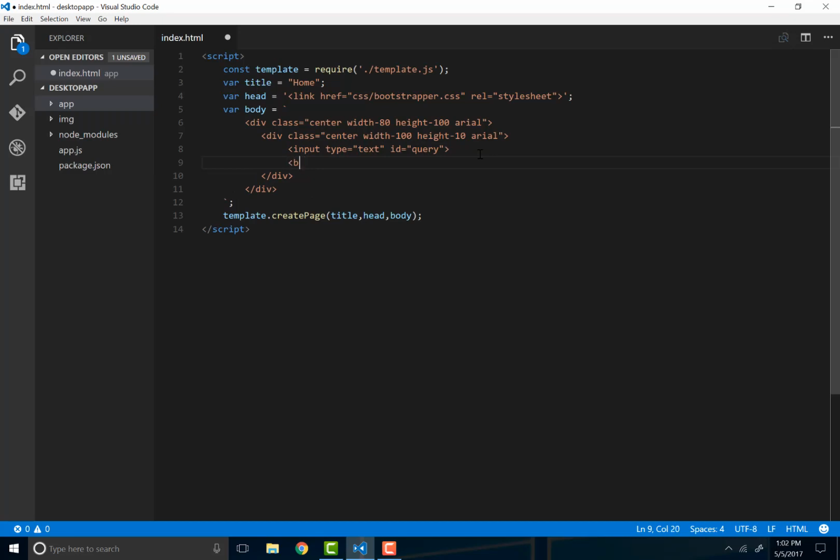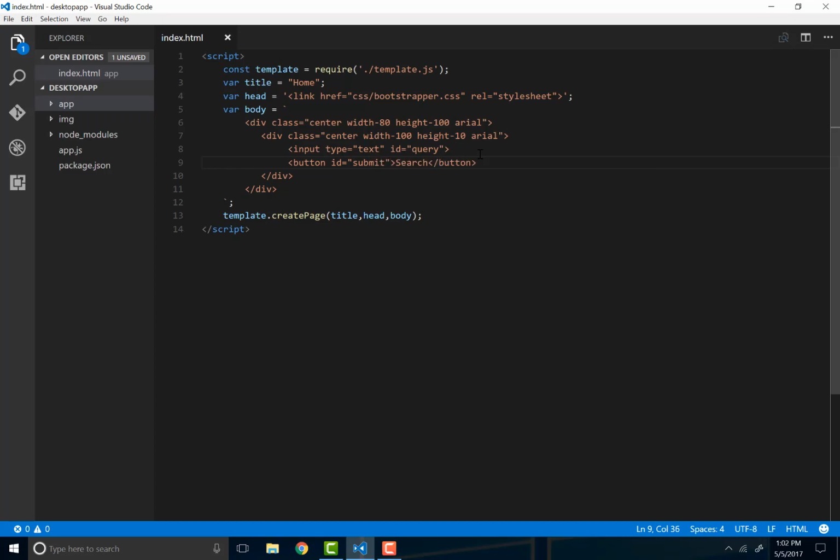Why did I close input? You don't close input, guys, okay? I have a button, and I'm just gonna name this search, and I am going to put this as ID